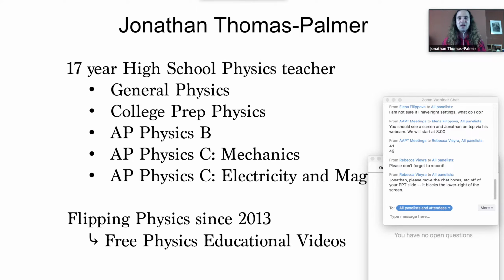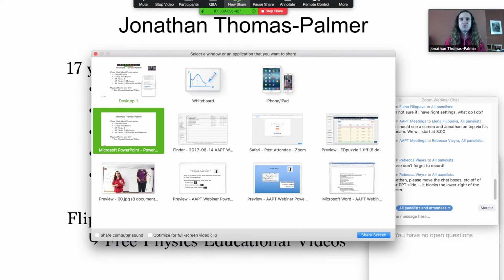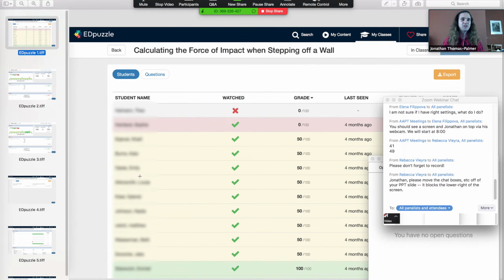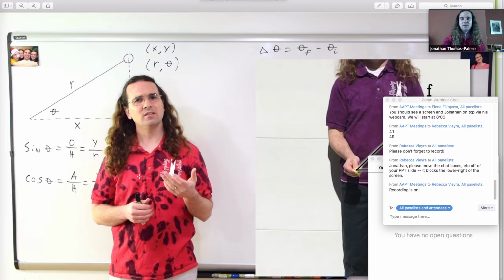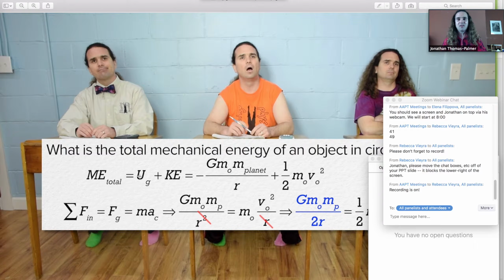Just to give you a basic idea of what it is that I do, I'm going to do a quick share here of some screenshots. So in Flipping Physics, I play four different characters. I play Mr. P, the teacher, and Billy, Bobby, and Bo, three students with each their own